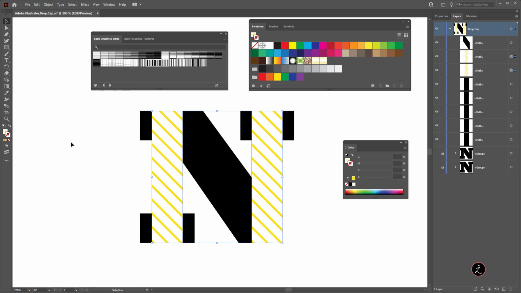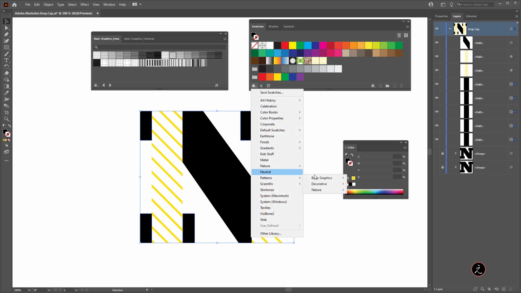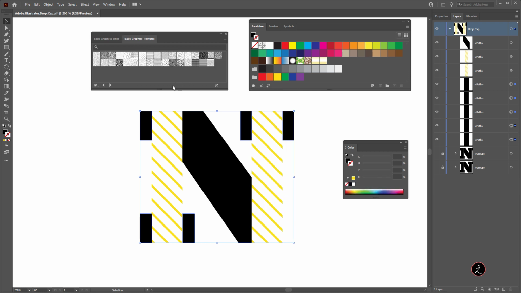Great. That's one thing. Now I'm going to target these ones here. So I'm going to shift select, and inside, again, I'm looking inside the layers panel here. And what I'm going to do, we're going to apply a different pattern here. All right, so for that, we're going to go back to the swatch libraries menu, patterns, basic graphics, textures. And for that, the first one I'm going to use is, I believe, the ripple.